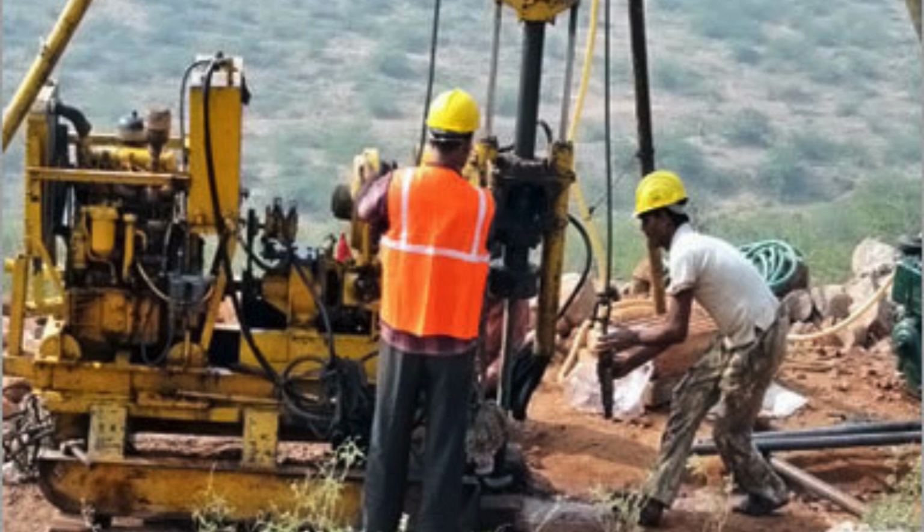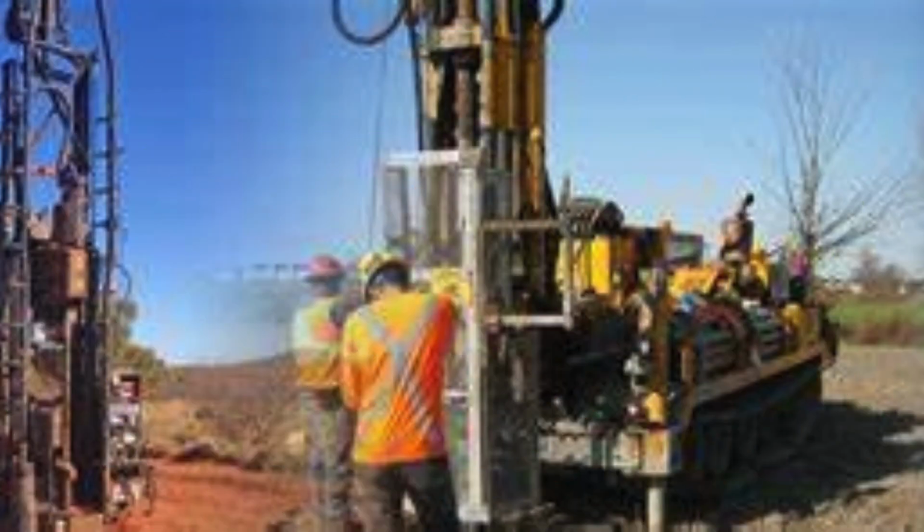Geotechnical services involve conducting thorough investigations and assessments of the soil and rock properties at the construction site. These services provide valuable information about the ground conditions, including its strength, stability, and suitability for construction. By analyzing the data collected, geotechnical engineers can determine the appropriate foundation design and construction methods to mitigate any potential